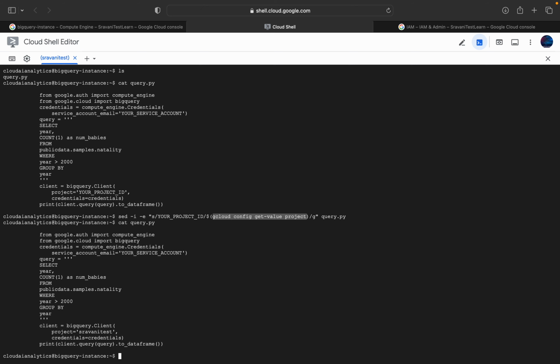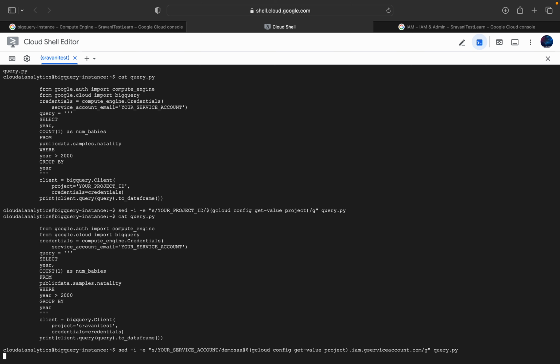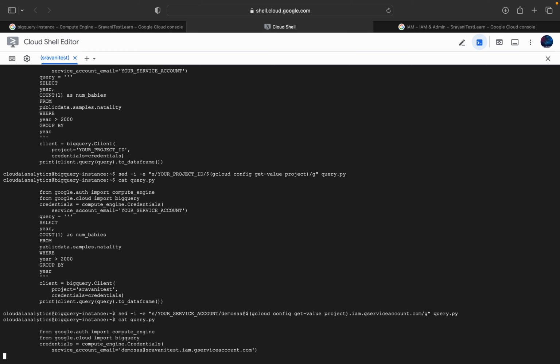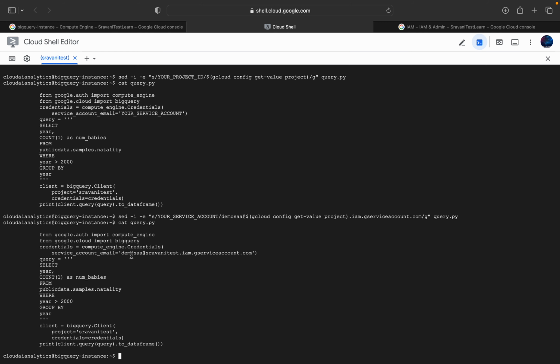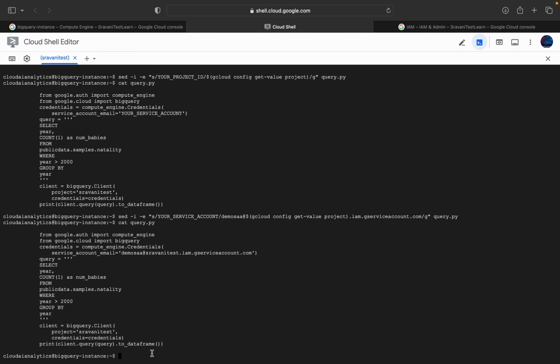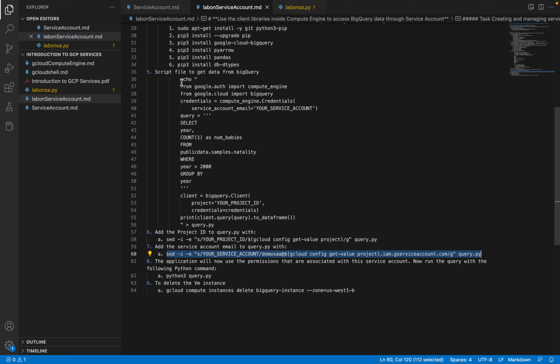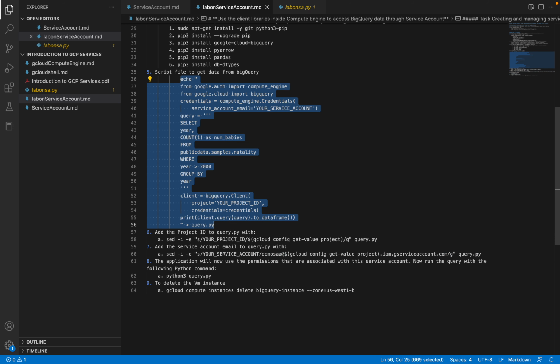Now we have to do the same for the service account as well. I'm copying this and pasting it here. It will replace your service account with the actual service account. Here you can see demo SSA, and whatever role is assigned to the service account, it is capable of by default. Then finally we are going to execute the Python file, python3 query.py. There is some indentation error, so what I'm going to do is,